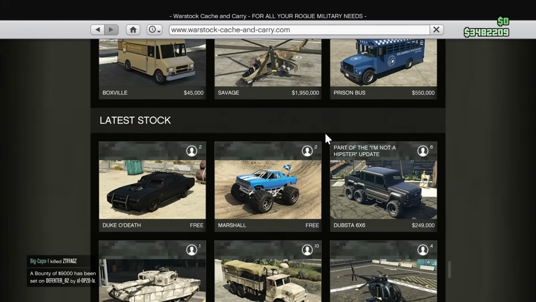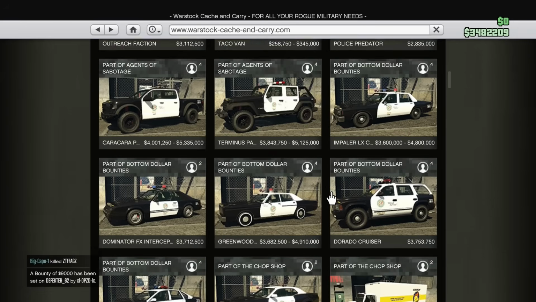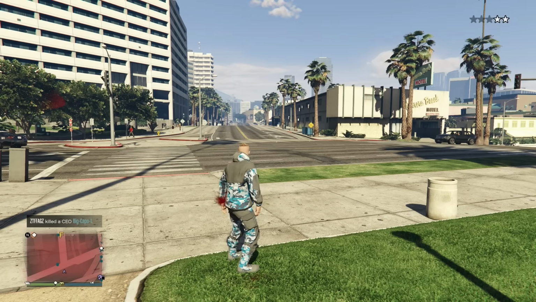And to me, nothing screams so useful, just like a $15,000 Journey RV van. Of course, I am joking. We're not going to be buying that. In fact, I'm not even going to buy a vehicle because there's something else that I am very intrigued by. I honestly don't think of...